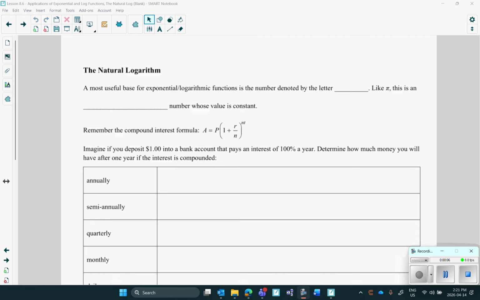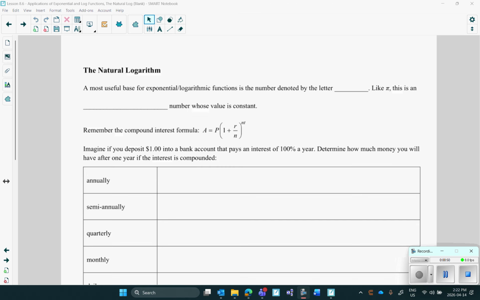So finishing up with logarithms. Obviously, we've been talking about logarithms. We have also talked about the common logarithm. How do you recognize a common logarithm? It's got a certain base. It's got a certain base: 10. Yes. There's another special type of logarithm called the natural logarithm, where its base is a constant number,